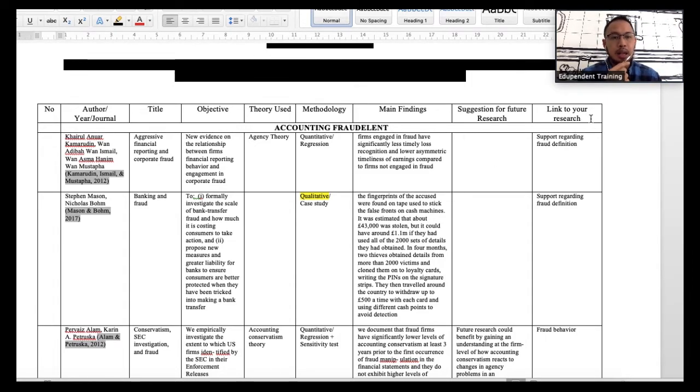And then the last one, link to your research. This depends. I put this column to relate the previous journal to my current project. It is not a necessary column, but for me, at least, I know what the contribution of this research is